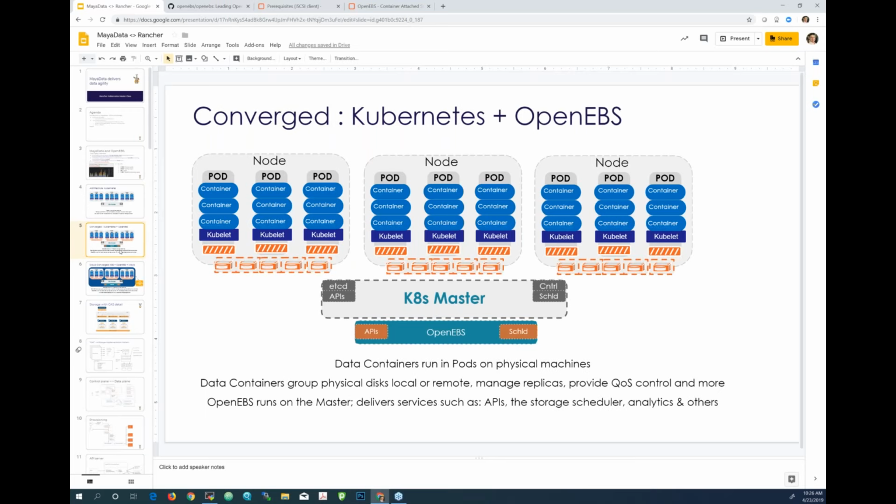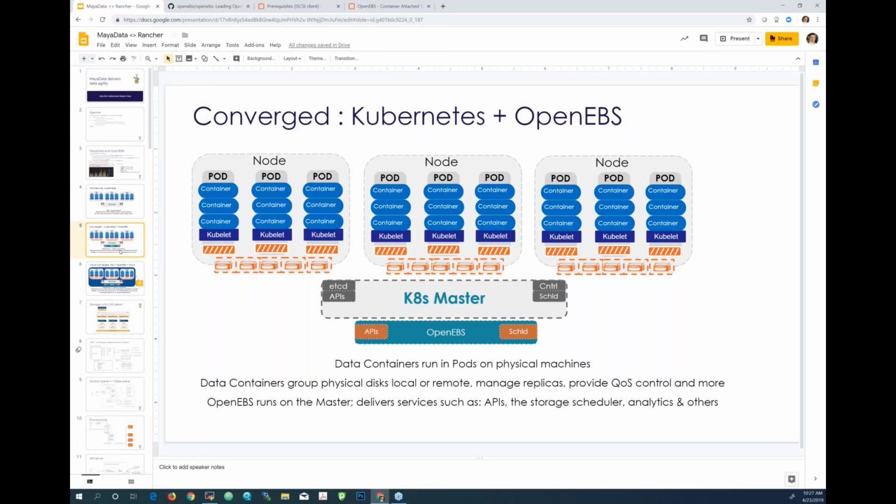OpenEBS itself is completely containerized, and this is basically the definition of container attached storage. We containerize the storage firmware itself, and everything is orchestrated through Kubernetes again.